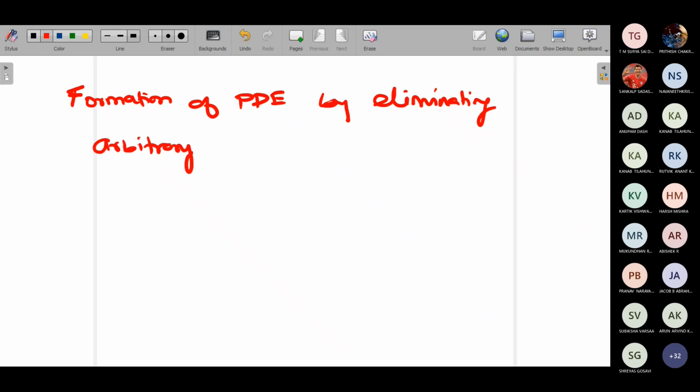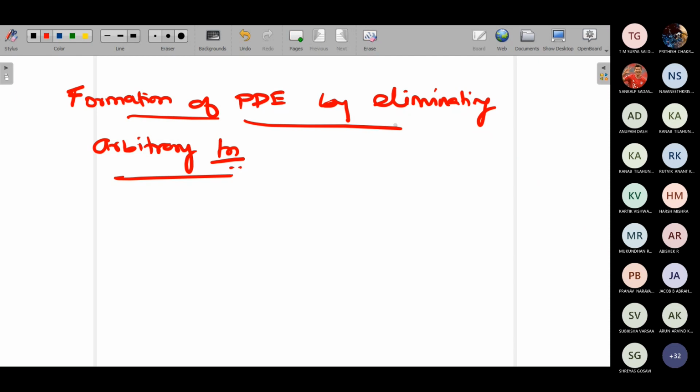Arbitrary function. Okay. So as usual, what we are going to do is, you will be given one equation, so you can take it as equation number 1. Whatever the given equation, differentiate partially with respect to x, differentiate partially with respect to y, and try to eliminate the function from 1, 2, and 3. This is the procedure you are going to use, the same for eliminating arbitrary function or arbitrary constant. So directly we'll move on to the problem.